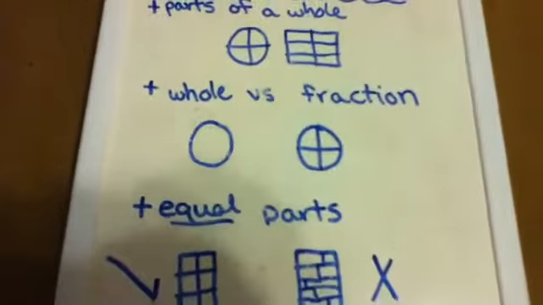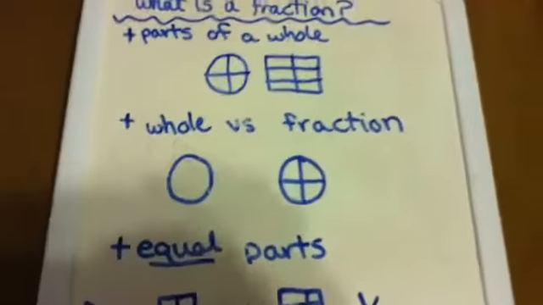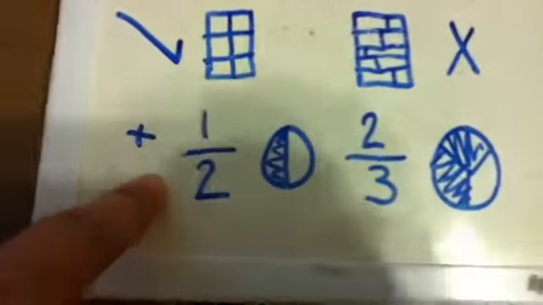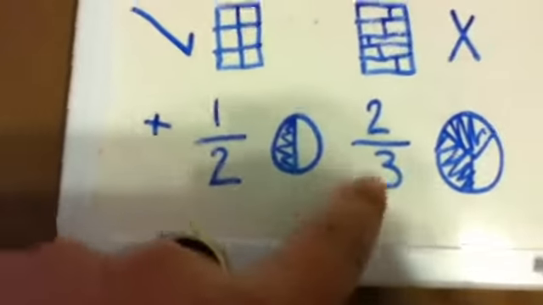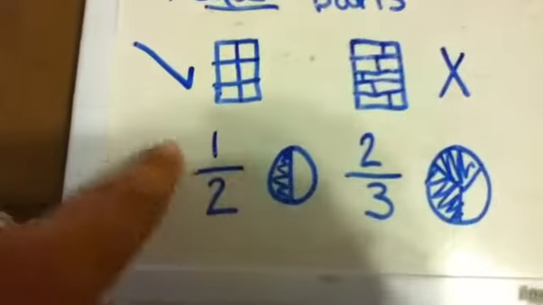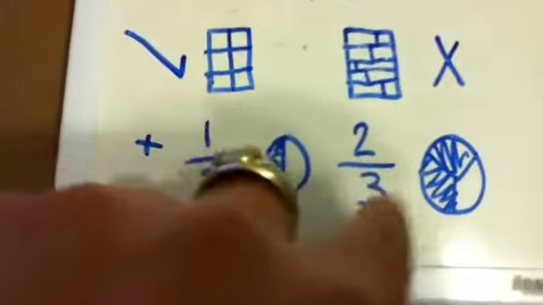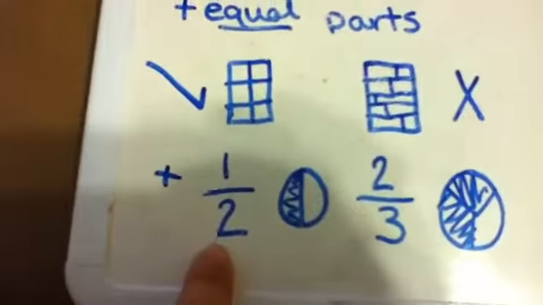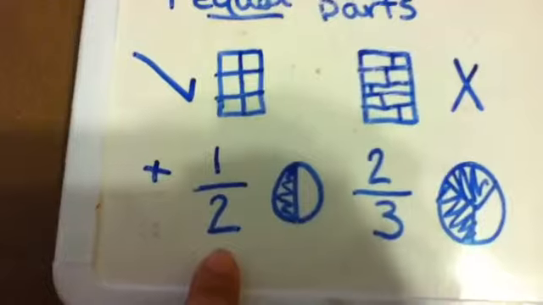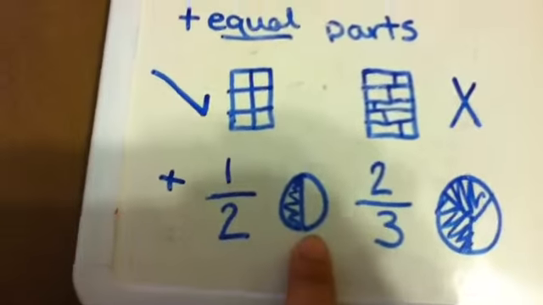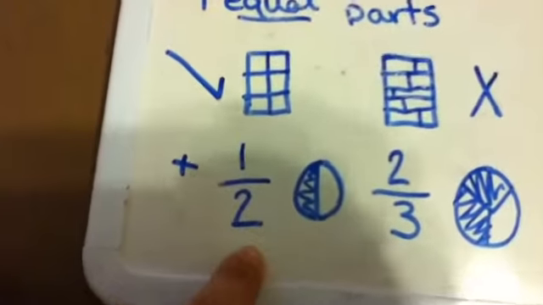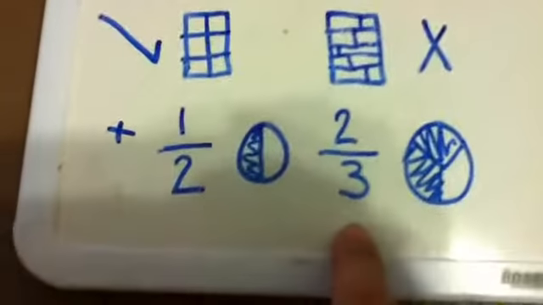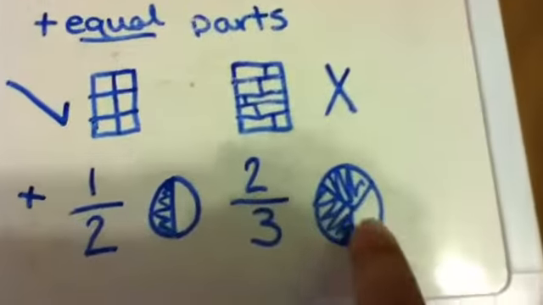Okay? Now we can look at fractions with pictures, but we can also look at fractions using numbers. Okay? So here we have our fractions as numbers. This says 1/2. Okay? And this says 2/3. Now why do we have a 1 over a 2 here? And why do we have a 2 over a 3? Well, the bottom number in a fraction is called a denominator. And denominators tell us how many parts our whole is cut into, okay? So here our denominator tells us that our whole is cut into 2 parts, and we can see 1, 2. 2 equal parts. For this one, our denominator is 3, so we know that this image is cut into 3